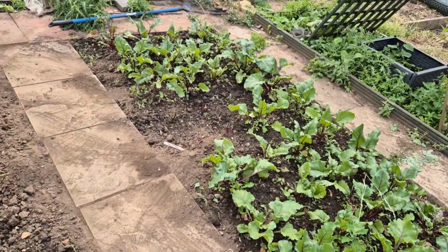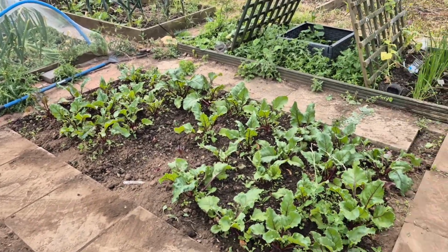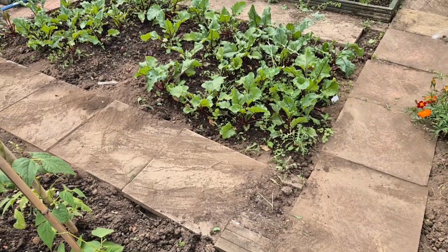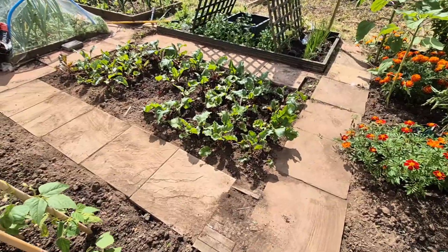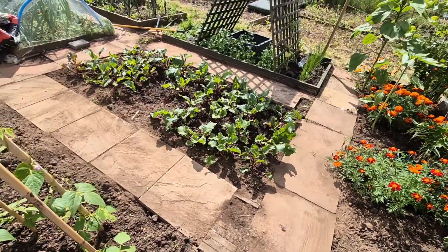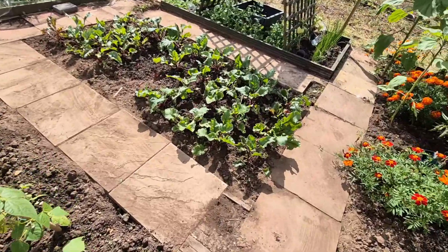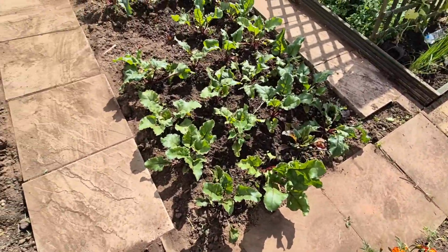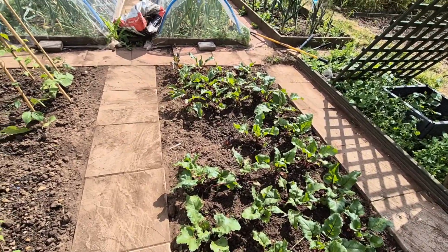I weeded this last week, but it's still looking a little bit weedy. Within a week, it's come up. So yeah, I'll do that and I'll get back to you. That's my beetroot bed done. Paths all the way around, swept. As I say, I only did this last week, maybe the week before, so it's just a bit of